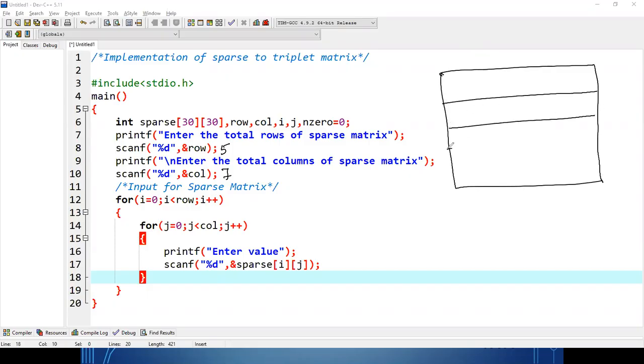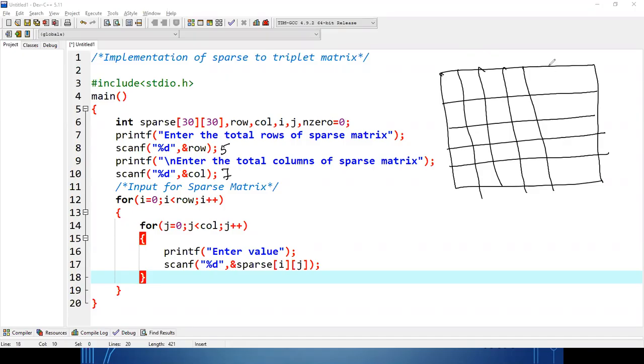Okay. 5 rows, so 0, 1, 2, 3, 4, 5, 6, 7 columns. 0, 1, 2, 3, 4, 5 rows. Okay. After that, the total number of rows will be 5, columns will be 7.